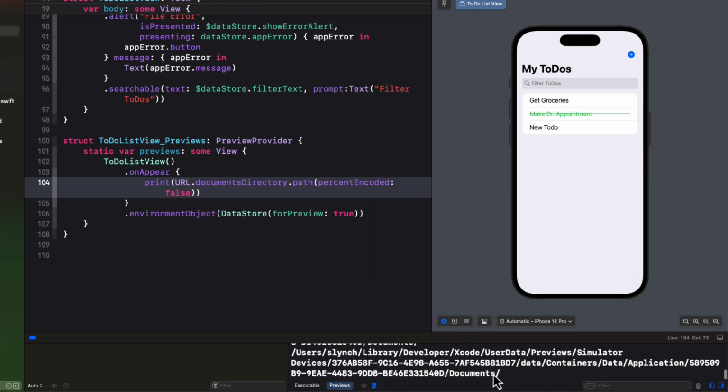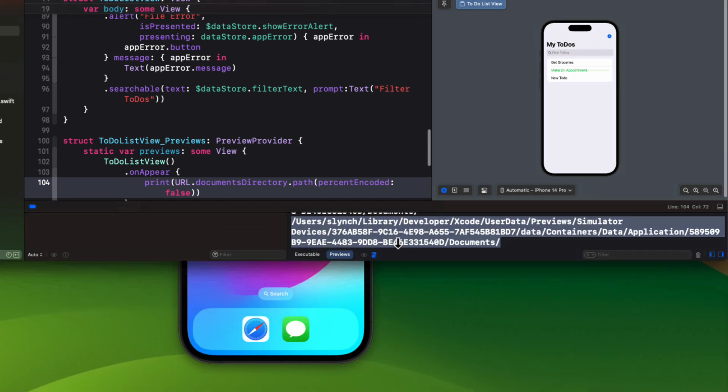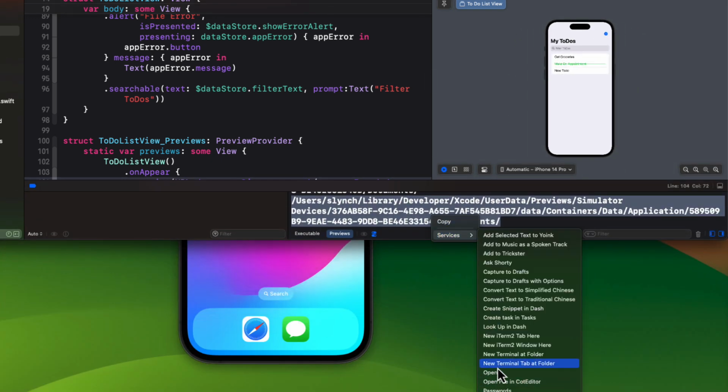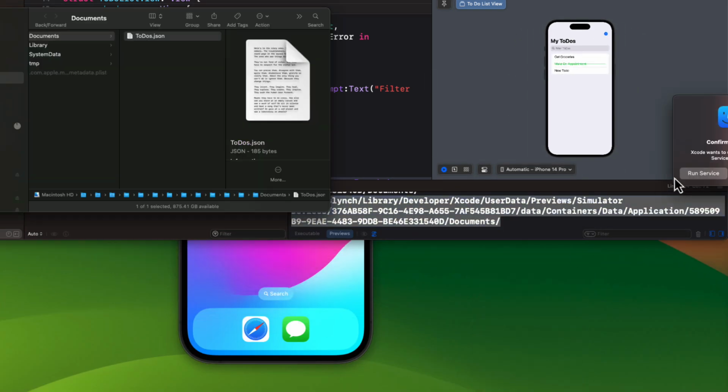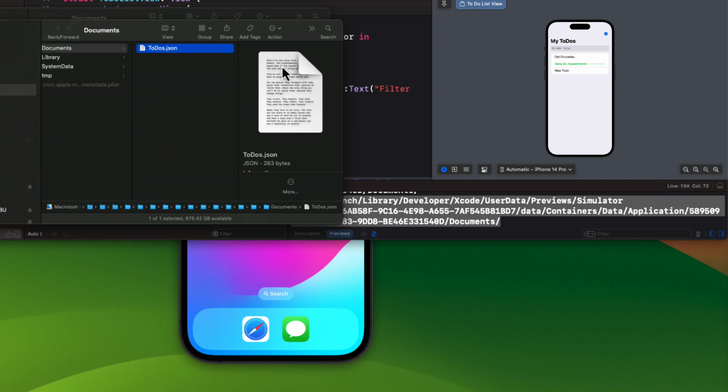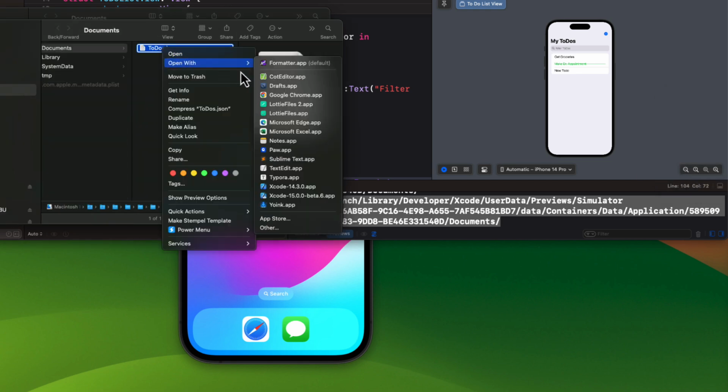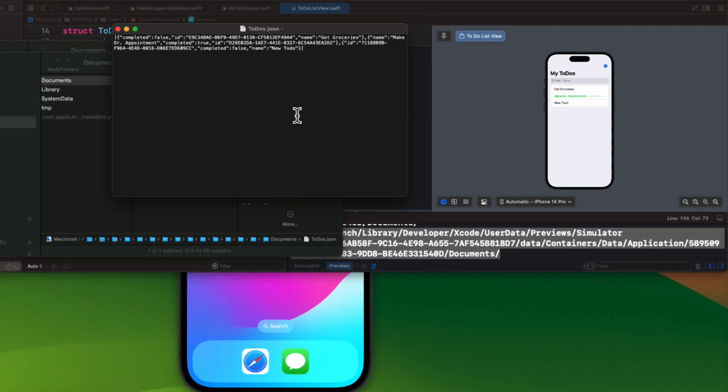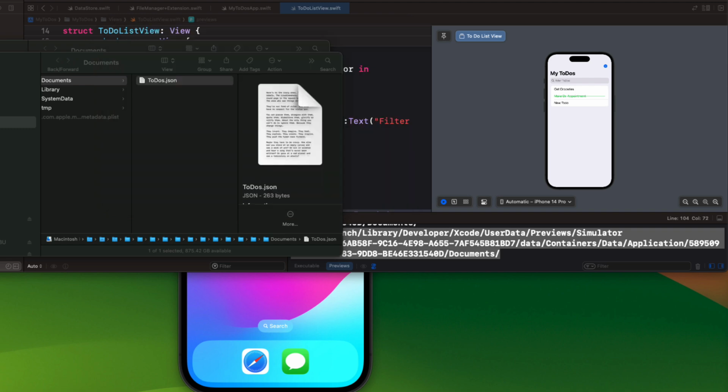Now I'm able to right-click on it, and I can open it with the Services menu, and then again open it to see in my text editor that I have that same JSON. Now I can do whatever I like with that file. I can even copy and paste from a backup to restore items that I may have created earlier that I